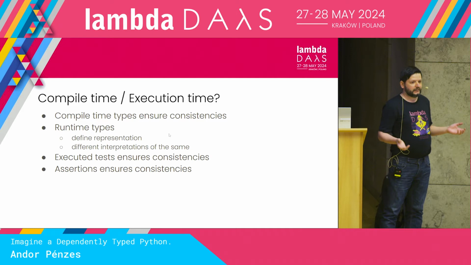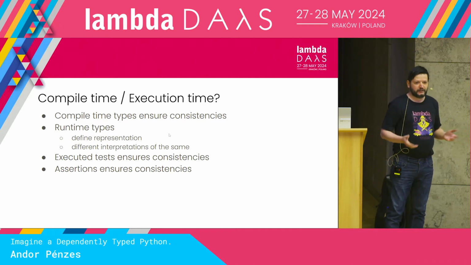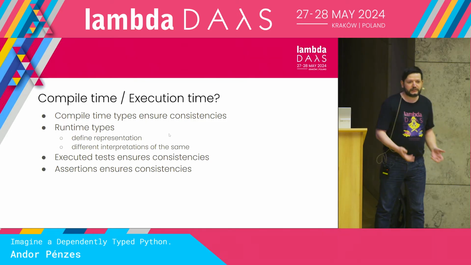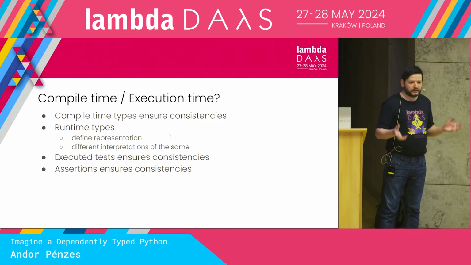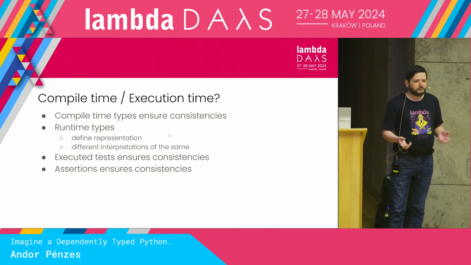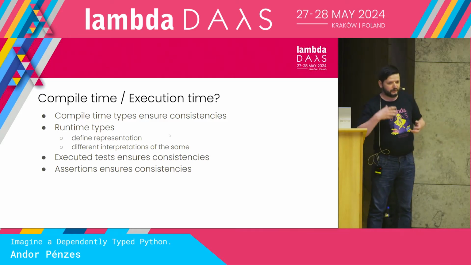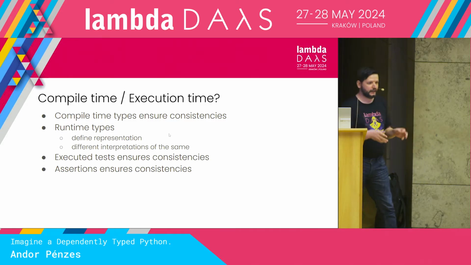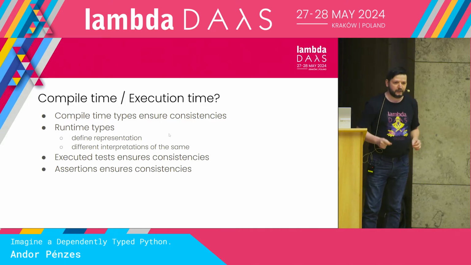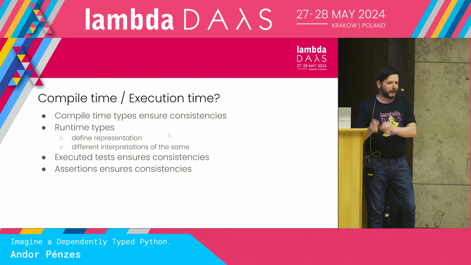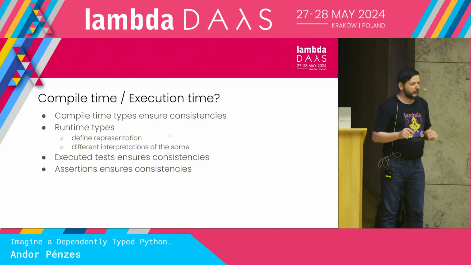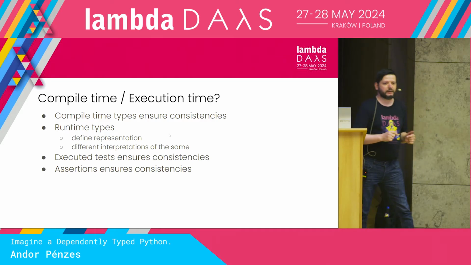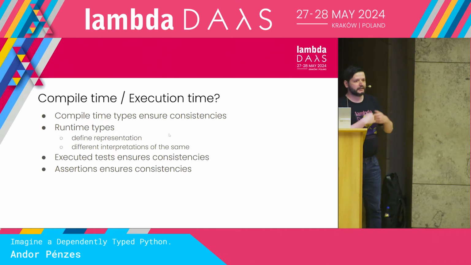So there isn't a big debate. At the end, when we write complex systems, we have to wait. So the consistency should be really maintained somehow. And it doesn't really matter if we just put dependent types at the runtime. And that's the idea. Dependently typed Python is not a statically typed Python, but actually applies dependent types during the runtime. So assertion checking during the runtime with a nice little DSL.